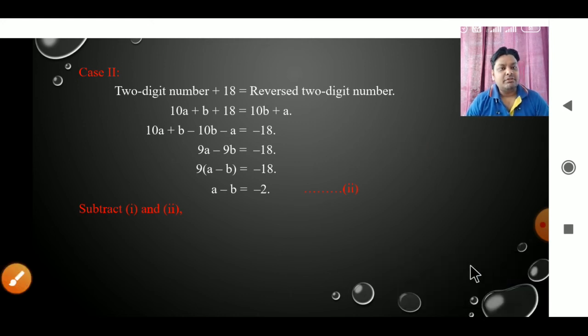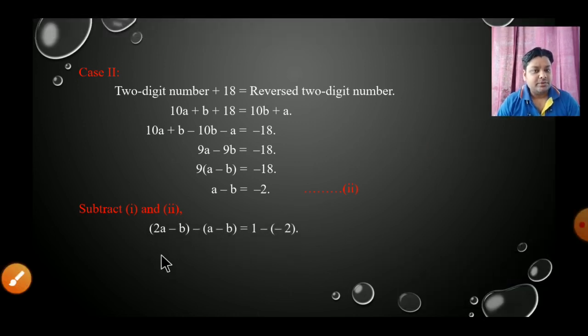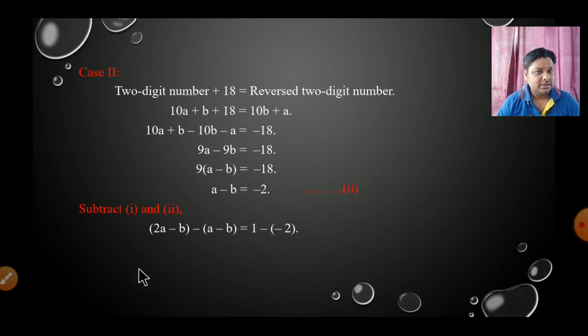So after subtracting 1 and 2, at first we will subtract LHS minus LHS is equal to RHS minus RHS. So LHS of the first equation is 2a minus b, and LHS of the second equation is a minus b. We will keep it in brackets, in between we will write the minus sign. Same in equation 1, 1 is there, then minus, and minus 2. Okay, now we will open the bracket. If we open the bracket and the minus sign is between, then the sign will change. So 2a minus b, here minus sign, then minus a and plus b we will write, minus plus 2.